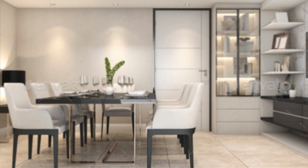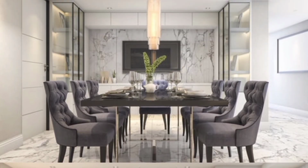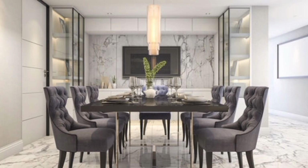So there you have it, a diverse range of dining table designs that can inspire you in your next home improvement